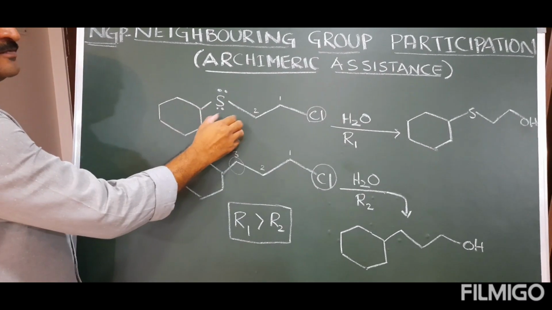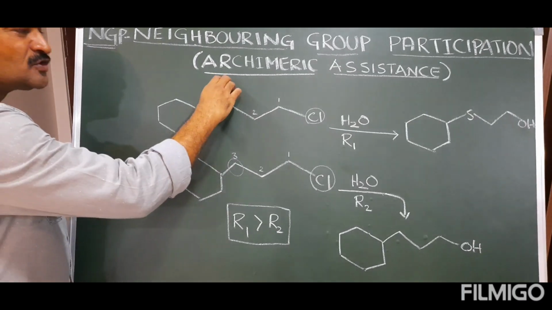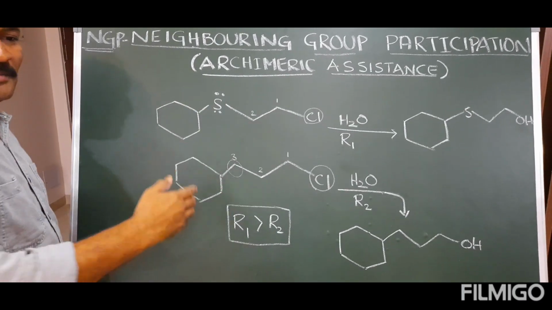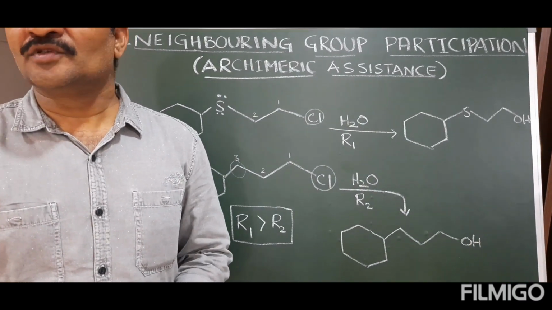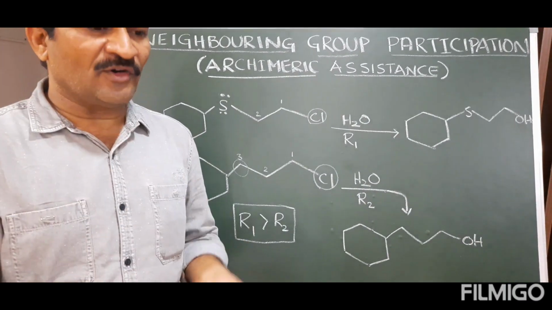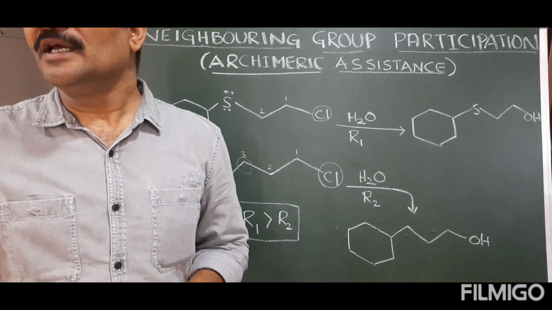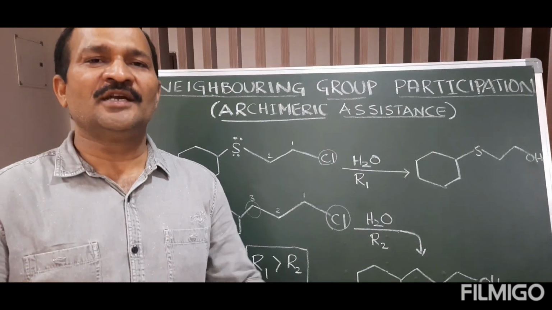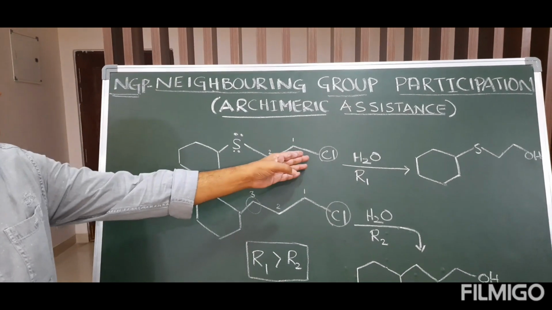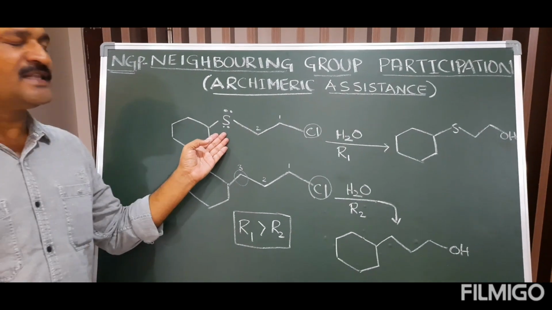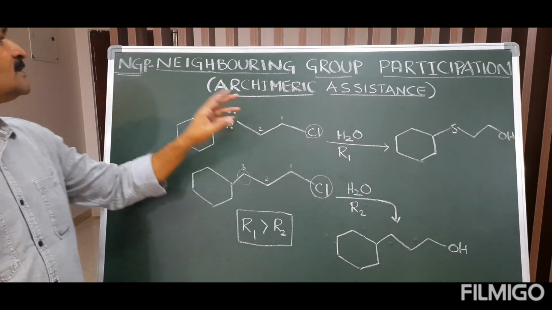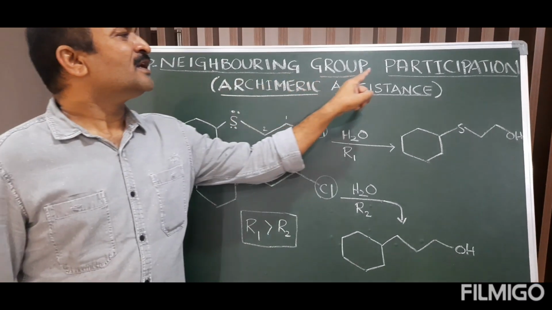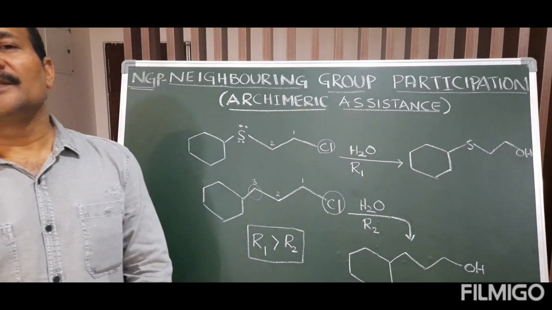Such an effect is due to a neighboring group. Neighbor means adjacent. What is called a neighbor? In front of or adjacent to our houses, we generally call them neighbors. So for this chlorine also a neighboring group is there. This group will activate the reaction. That is simply called neighboring group participation.